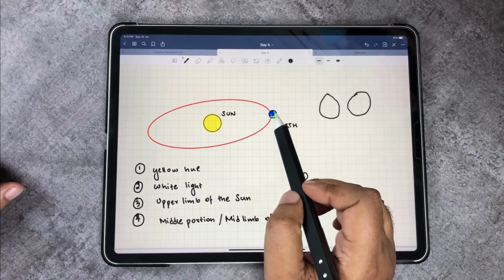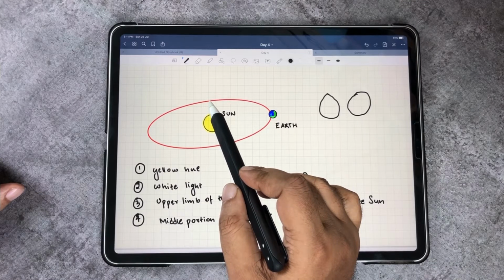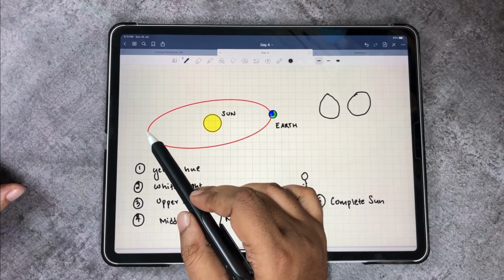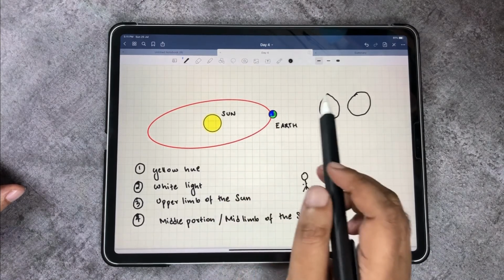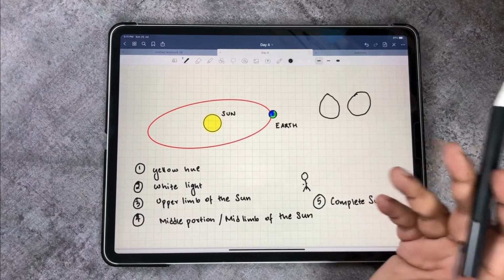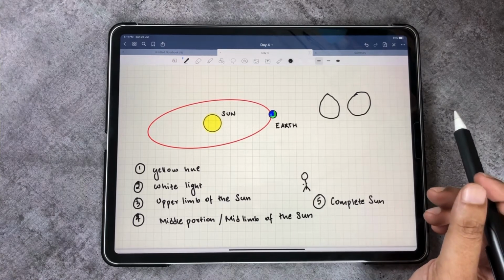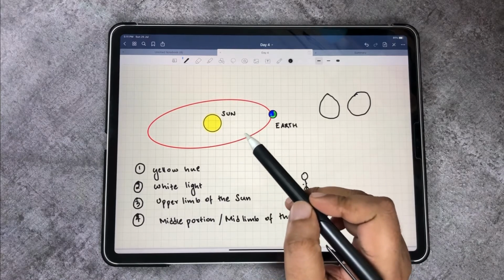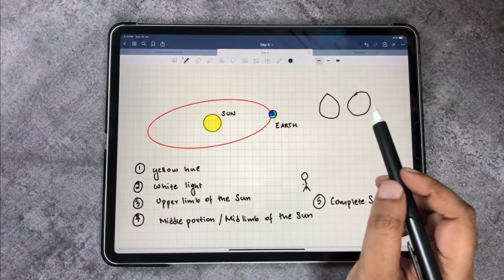So when the earth is rotating here, you would have a sunrise sunset timing. When the earth is rotating here, you would have a sunrise sunset timing that is different. When the earth is rotating here again, you will have a different timing. And again, when the earth is rotating here, all of this would give you different sunrise timings or different sunset timings. So sometimes the duration of the day will be longer. Sometimes the duration of the night will also be longer. So this is the reason why even in the same place you will have a different Surya Udayam or a different Surya Astamanam during different phases of the year.